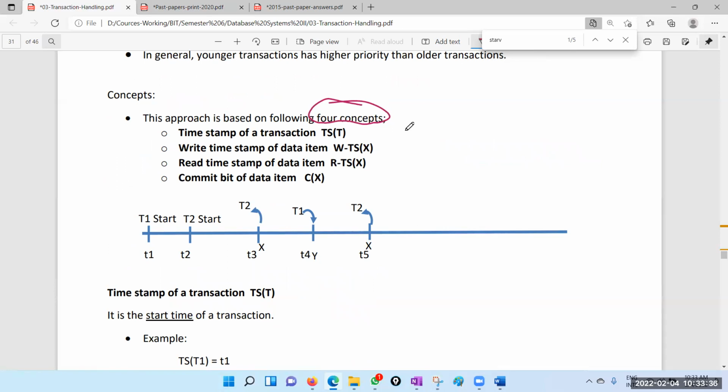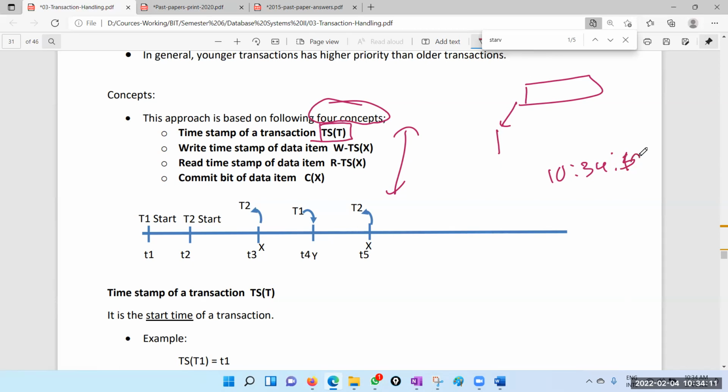So first understand the 4 concepts, then you can understand the tactic. There's a concept called timestamp of the transaction. Timestamp of a transaction is the starting time of that transaction, because when a transaction starts, the database keeps track of what that time is. Say 10:34 maybe, and 500